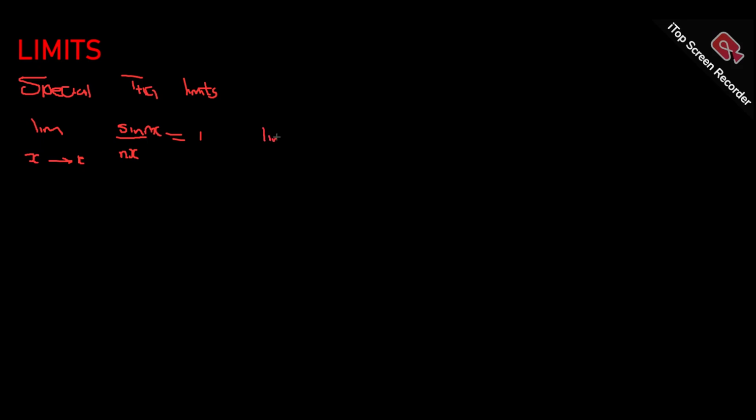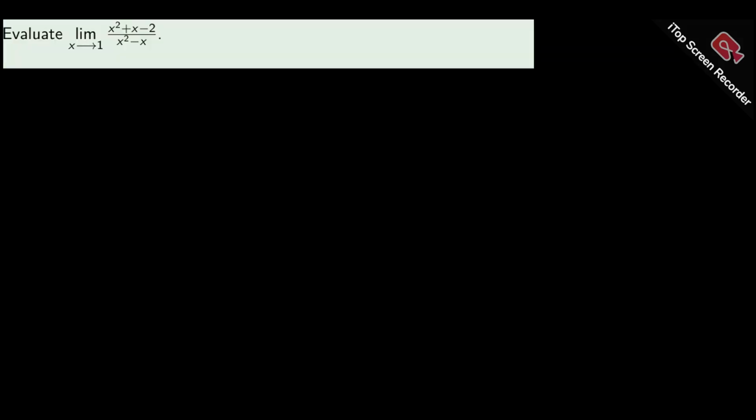Then the last one, as x approaches a variable, 1 minus cos x over x. This is equal to 0. Okay, so just make sure this guy and this guy, they are the same. Then it will be equal to 0. That's all about the special trig limits. Then we're going to do questions which are involving the same limits. Looking at the example that we have there,